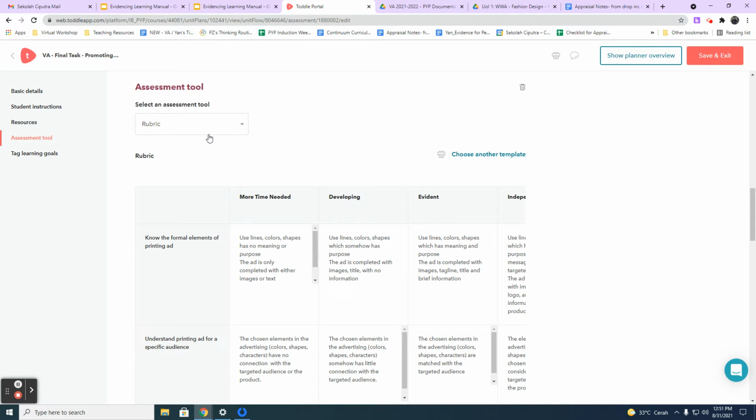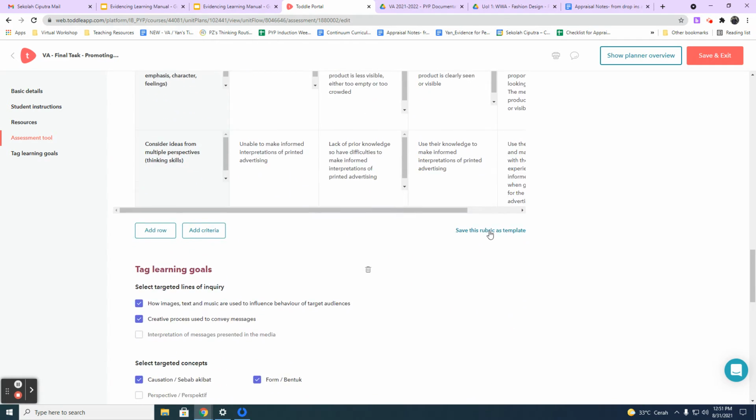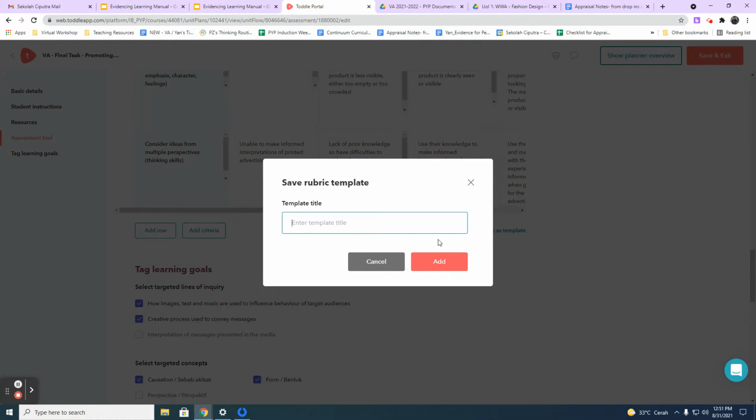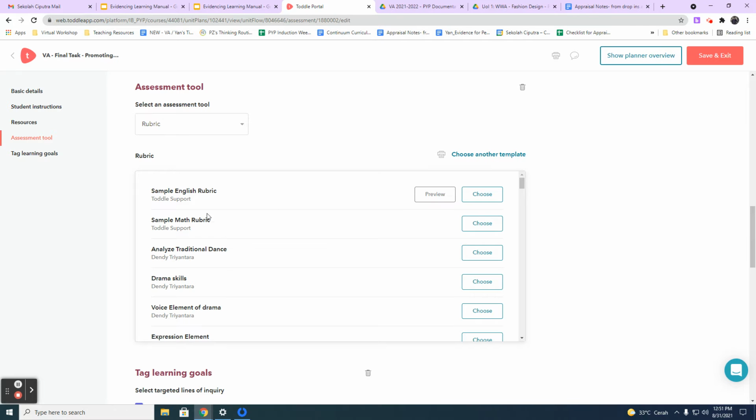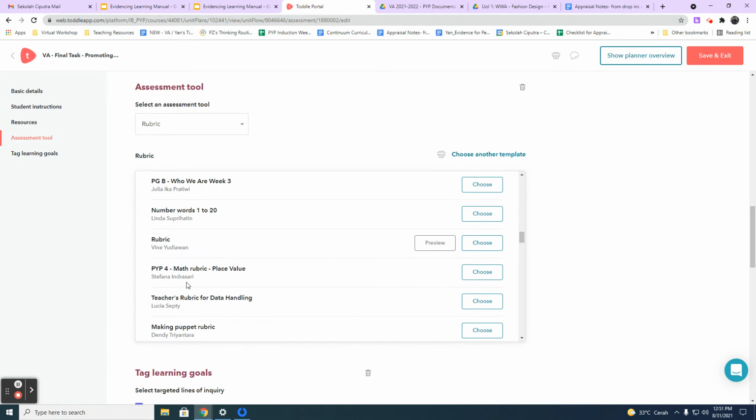Now, if you notice, when you select the rubric, you can add or save this rubric as a template, right? And when you choose another template, you'll see there are lots of rubrics here. So you can save your rubric as a template and then reuse it. This is good for a rubric that is completed many times, maybe several times throughout the unit. So the way you save it, basically, you